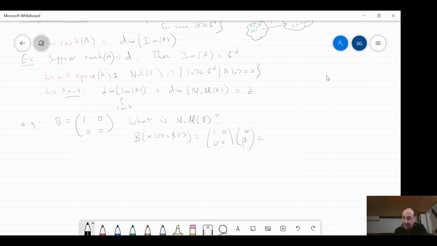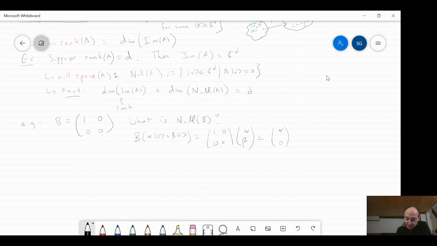Well, we're going to have alpha plus beta times 0 in the first row, and then this row is 0, so you're just going to get 0. Okay, so what does this mean? This means that no matter which input vector you give me, it kills off the second coordinate, right? So who are going to be the vectors that go to 0 under this map? Who gets killed off completely? Well, these are the guys who have alpha equal to 0. If alpha is already 0, then your output is always going to be the 0 vector.